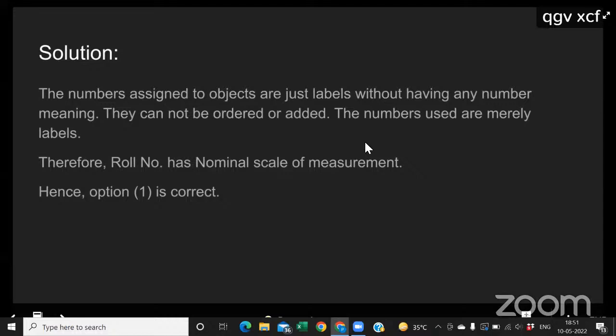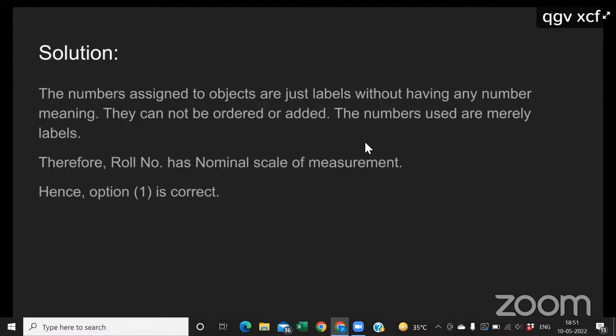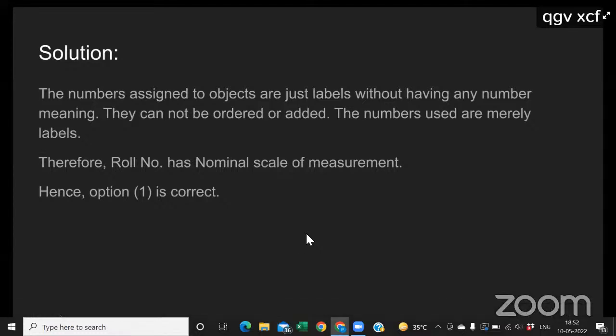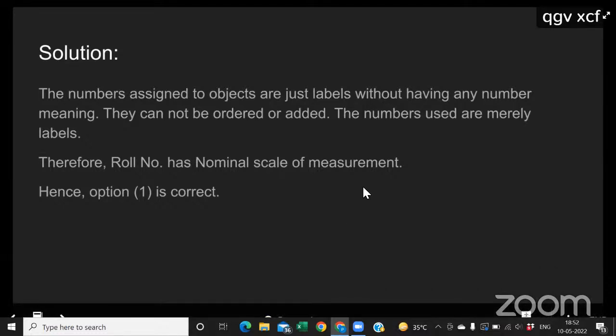So the intent of the question here is the scale of measurement. If there is an opportunity for you to measure, then it has a different shape. But here, roll numbers don't have any significance in measuring. That is where it becomes nominal, though you have an option to set it in either ascending or descending order. It doesn't matter here because we are not measuring it in that way. Ordering does not make sense here.